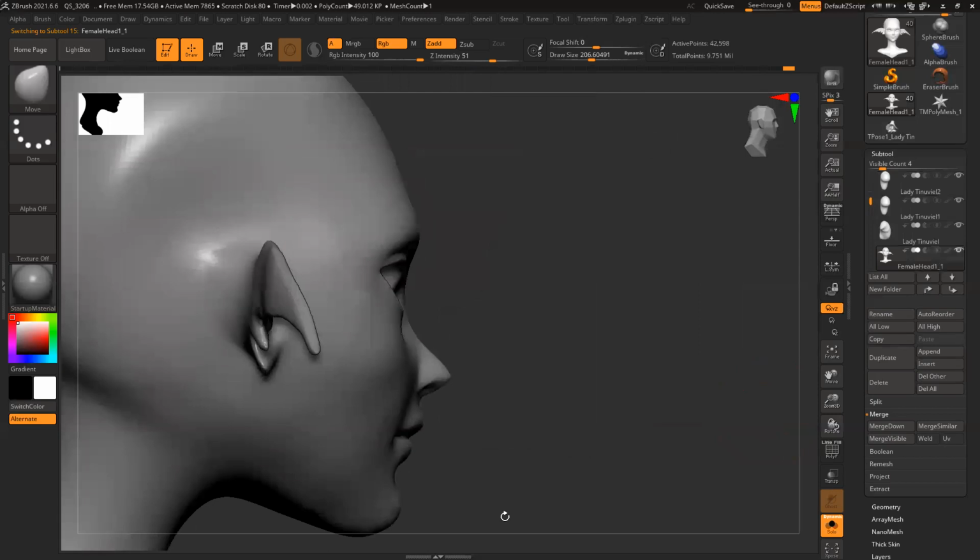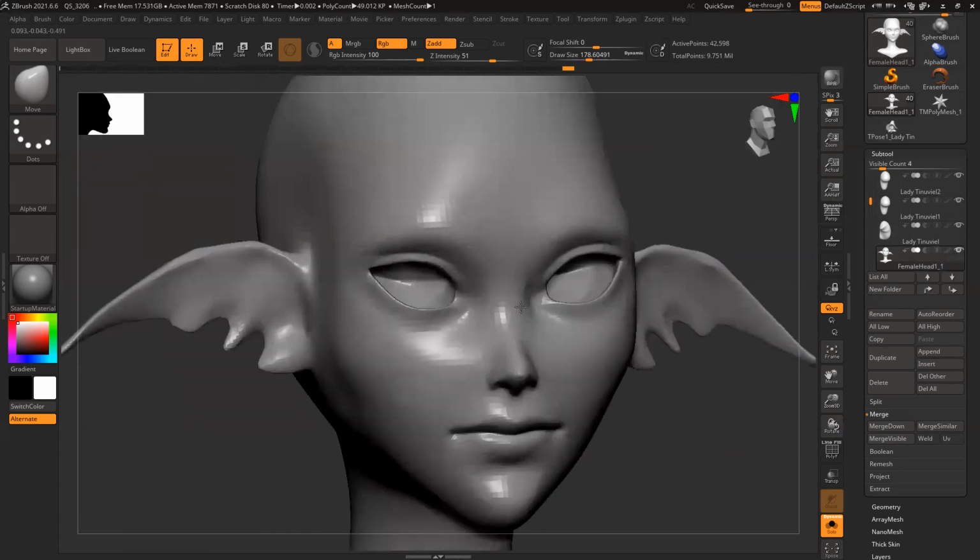So here I can see there is a little issue in my model. Slightly push it back.